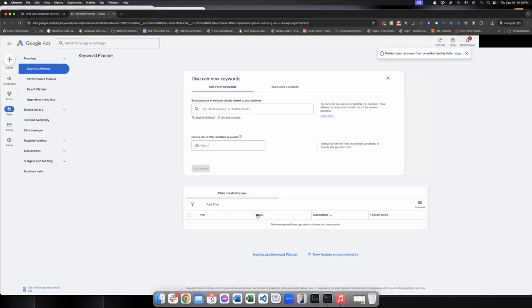Now, double check all of your settings. And here, don't be confused. We will use Start with keywords. Do not use Start with a website, because with Start with a website, you will be asked by Google Keyword Planner to enter the URL of your website, and it will automatically scan your website and analyze it, and will